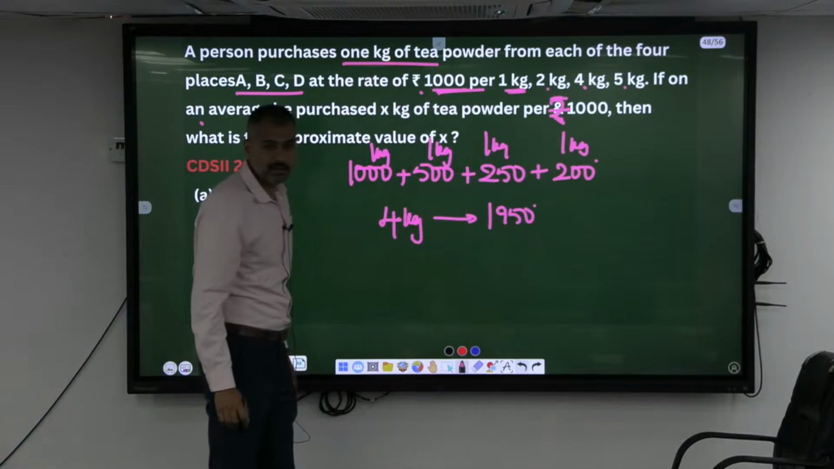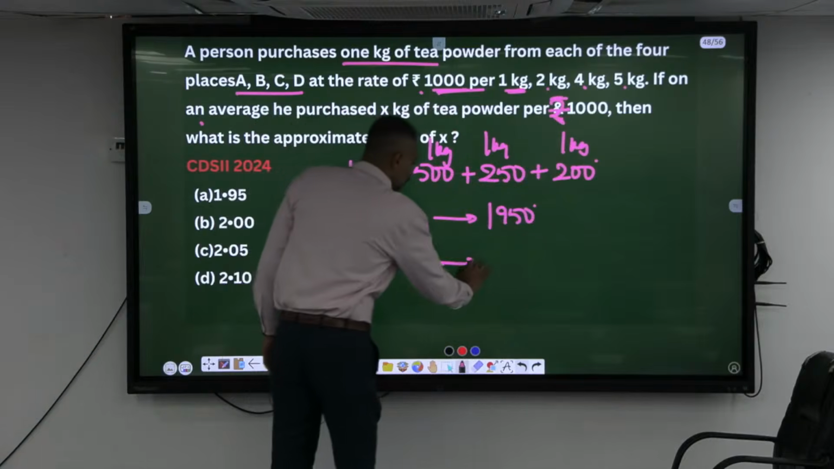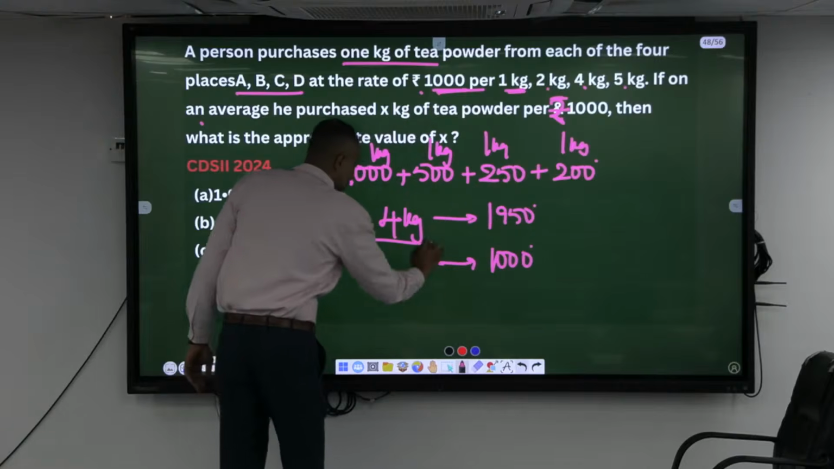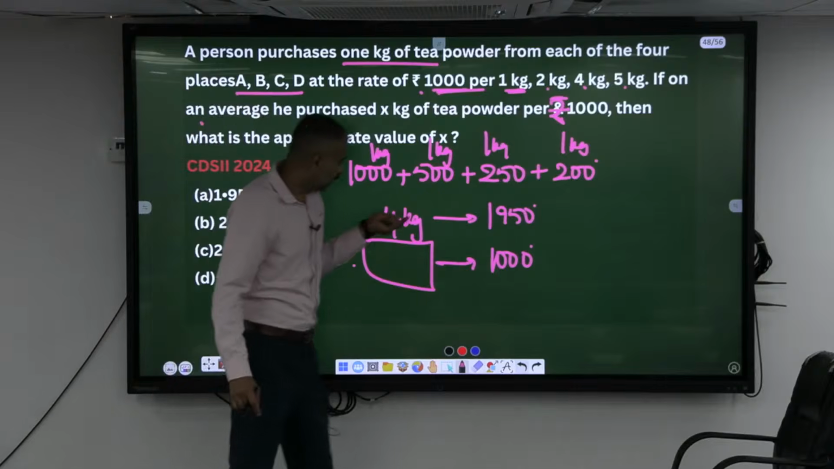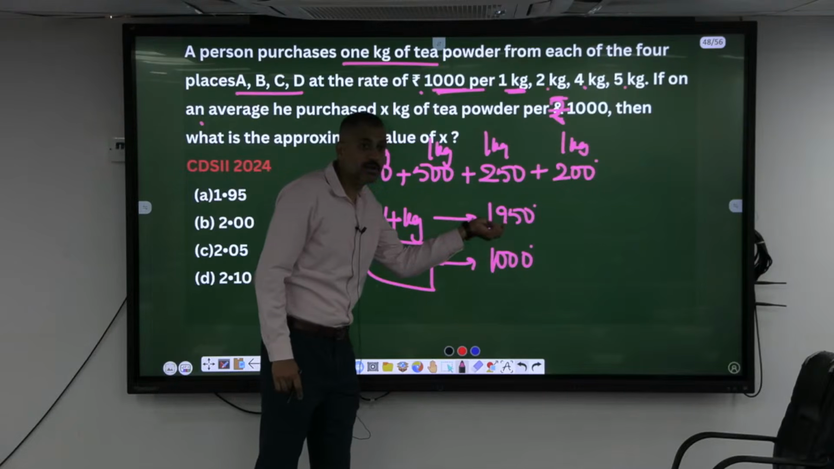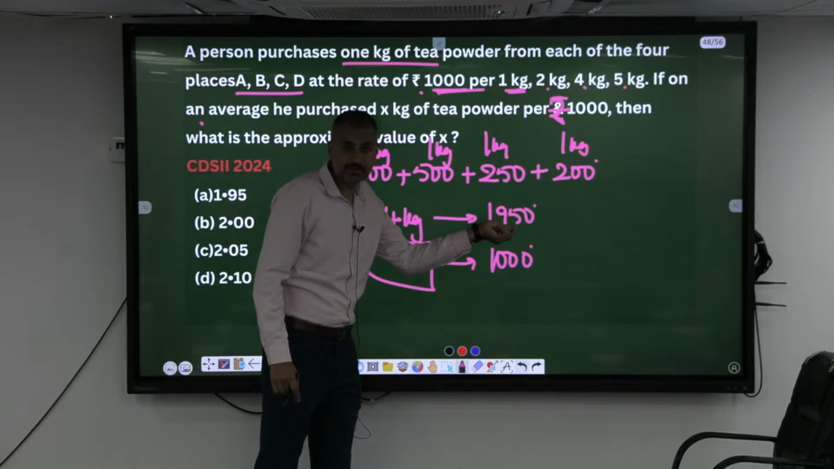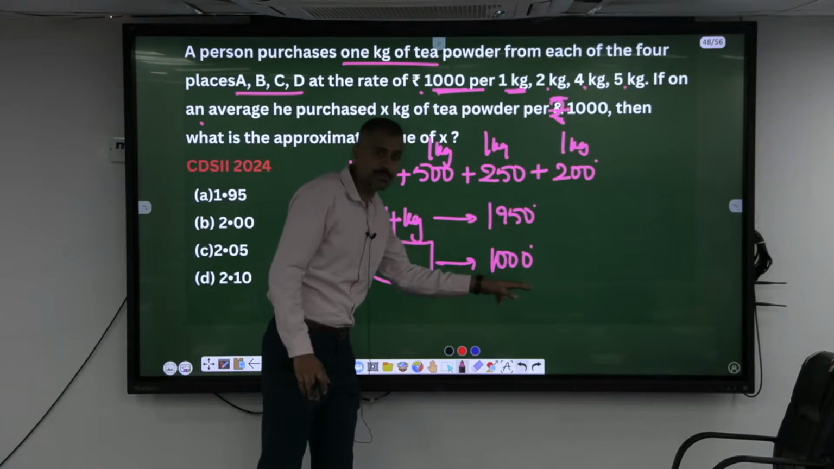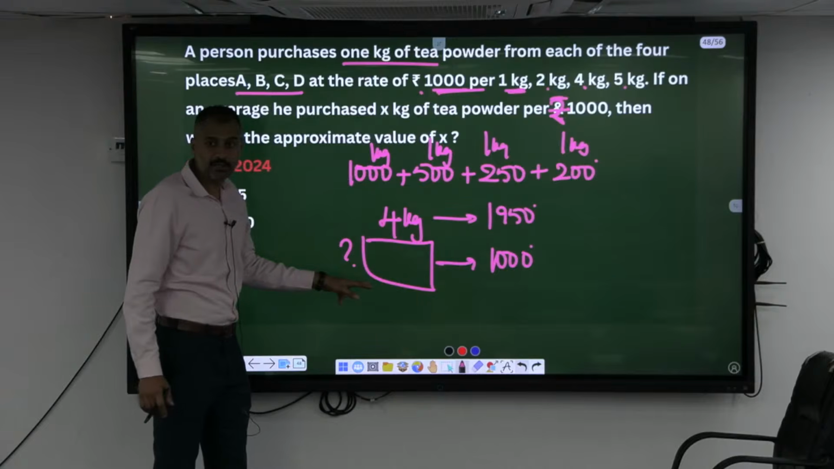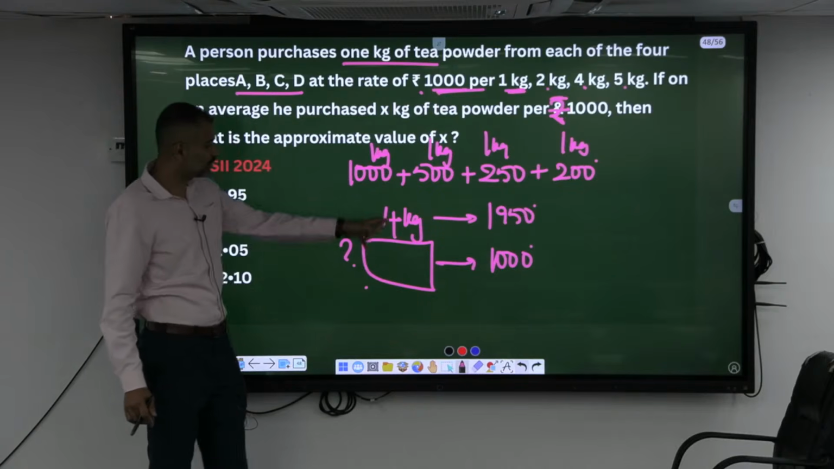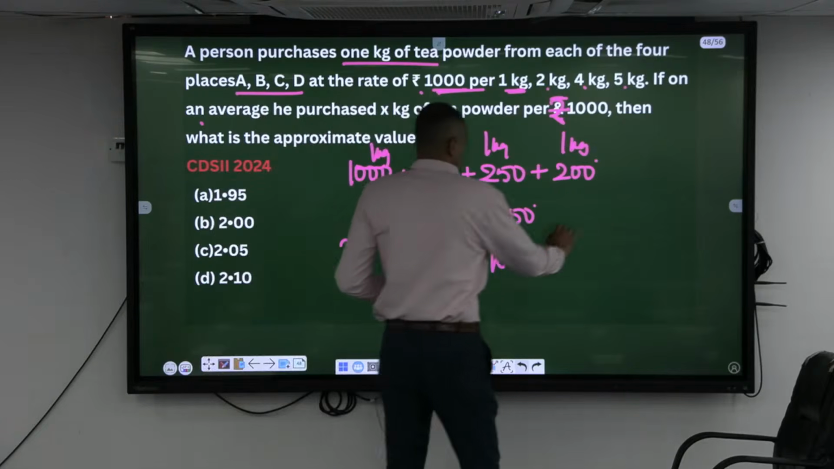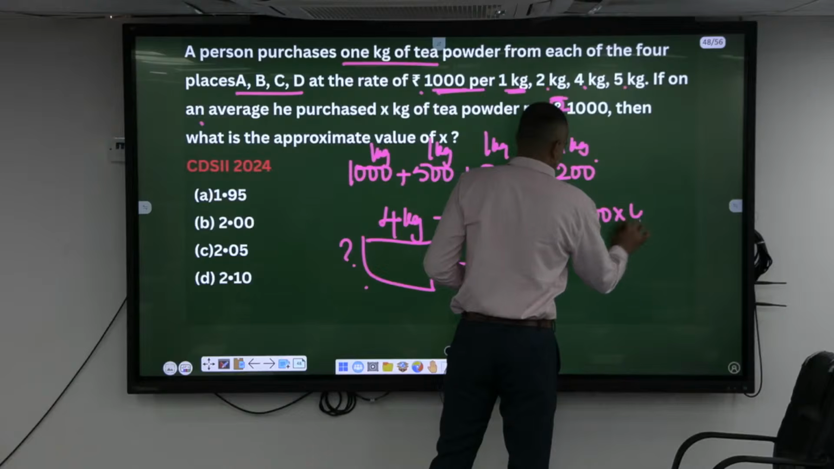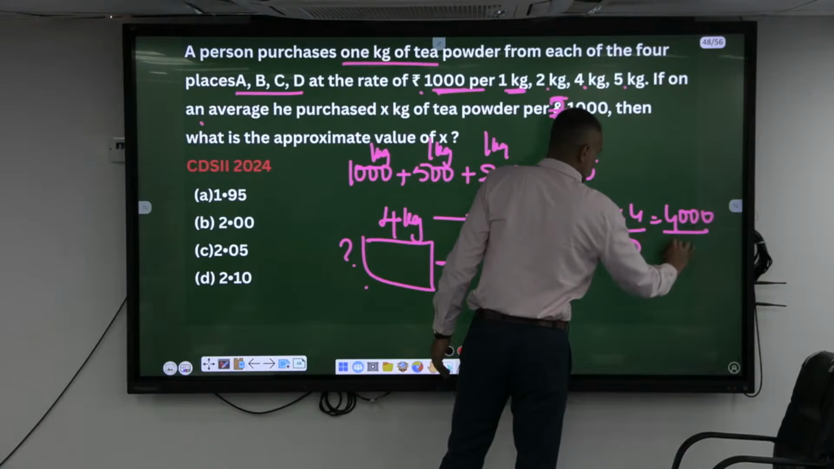Okay, right madam? So if you had brought 1000 rupees, how many kg would it have been? Similarly, see, he has bought totally 4 kgs for 1950. If he has bought it for 1000 rupee, what is the total quantity he should have got? So this is nothing but what? 1000 into 4 by 1950. Right? So 1000 into 4 divided by 1950. 4000 by,